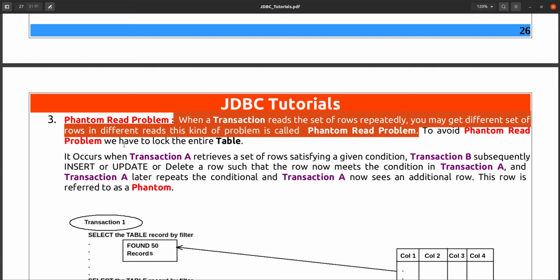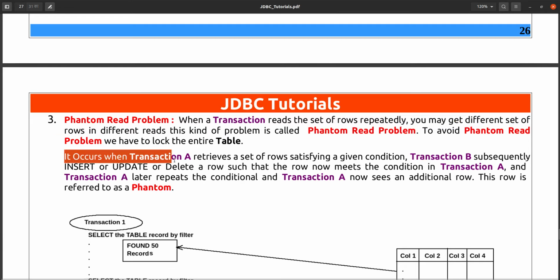Any transaction updating the table first locks the entire table, does the operations, and then commits the changes. After committing, the lock is released, and if another transaction comes and reads that table 100 times, it will get the same result only.